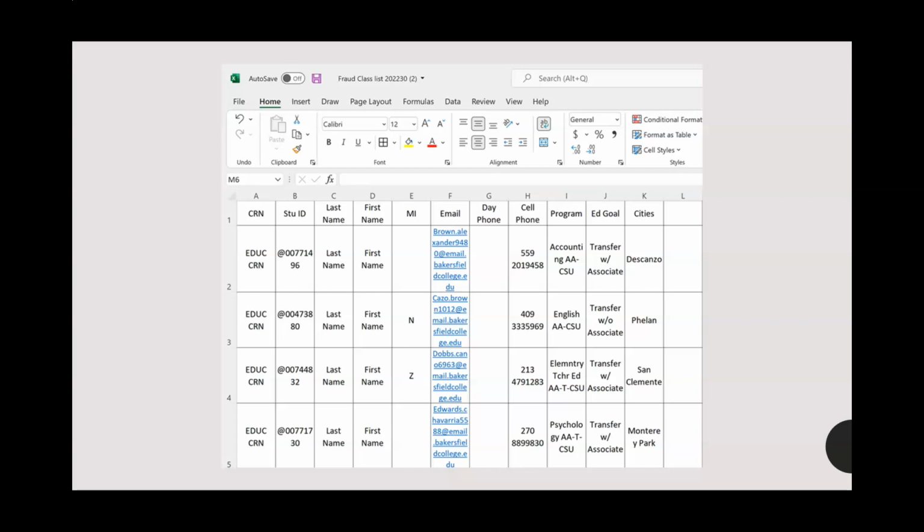I've changed a few things just to make sure that no actual information is on here, but normally, of course, you would have their names on there and the CRN for the course you're looking at. Again, those emails do look authentic. You have program and ed goal, which we can talk about in a little bit, but for the purposes of this, we're going to take a look at those that have the area code that are not 661, and then